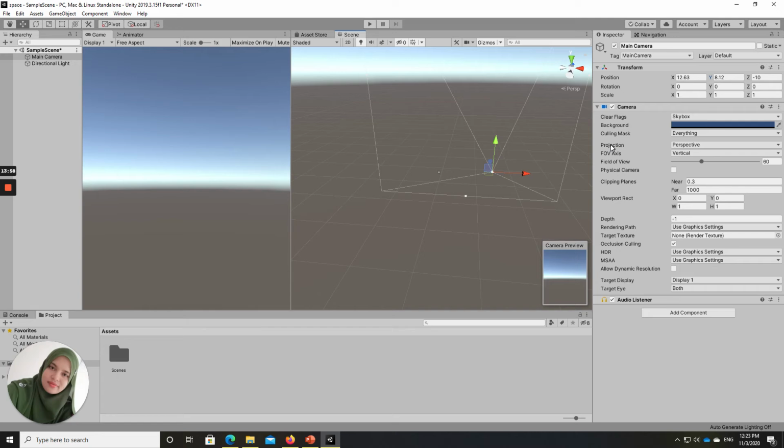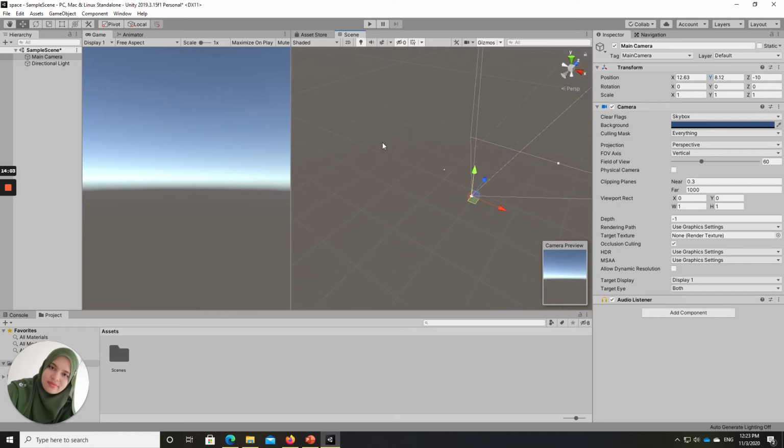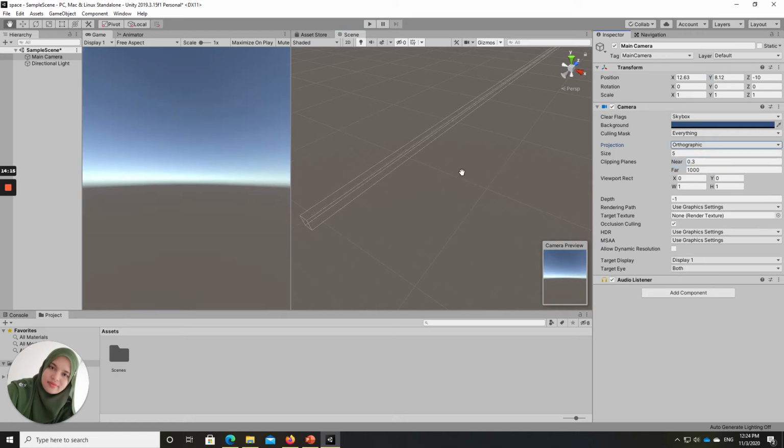And the projection can be either in terms of the perspective. Perspective is something like this. This is what we basically do. Or you may change the projection into the orthographic. So this is what's going on. For the orthographic,